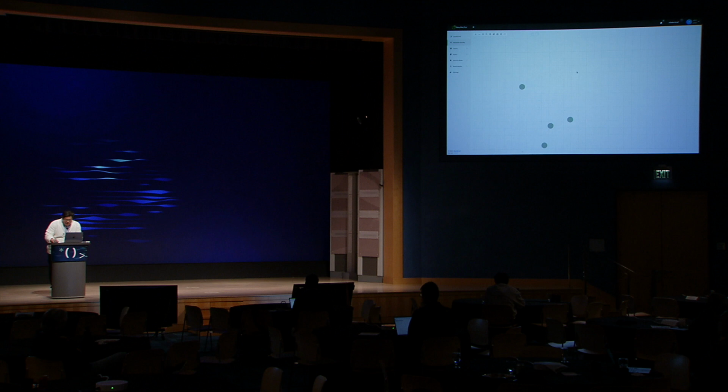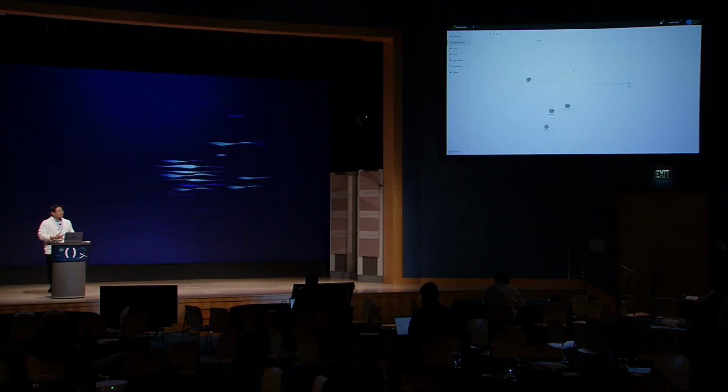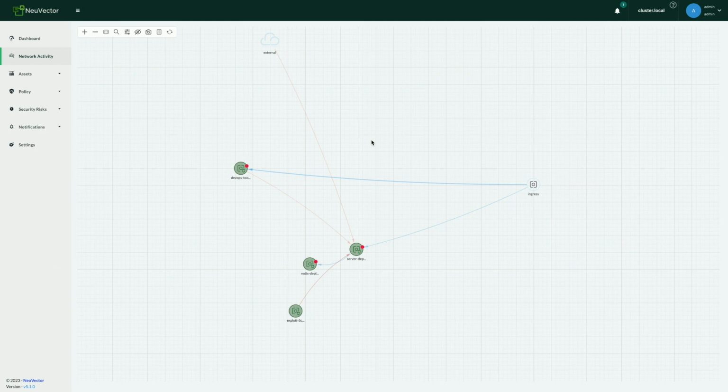So what I'm showing you here is the console screen for NeuVector. I have implemented rules in place so that only certain services can talk to each other. In this case, I'm only allowing the ingress to talk to my development server, which is allowed to talk to my Redis server. Any other communication is actually blocked, which is what I'm showing here. So if we look at the rules in this case,